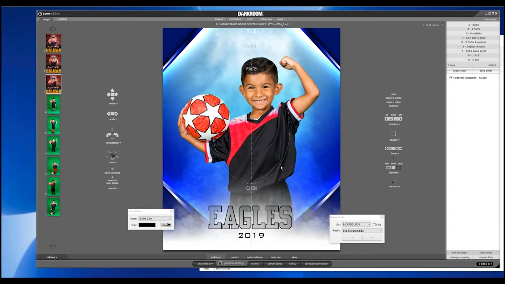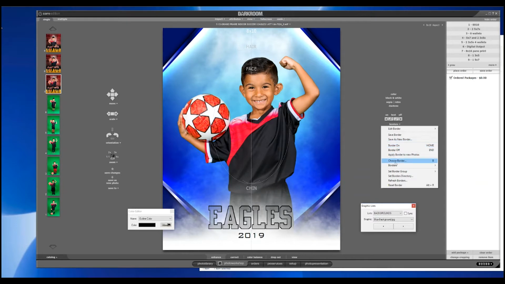But here, let me show you the value of what we just created. Right here's my graphical list, little box where I can change the backgrounds. But say it's not showing up for you. If you hit Alt-E, or just go up here to Borders,